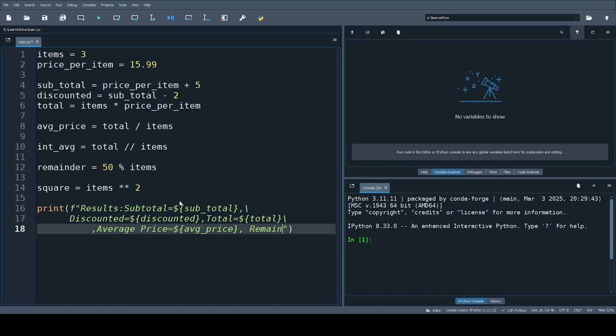remainder equals remainder only, and square equals square. Okay, that's all. This prints a full order summary, and